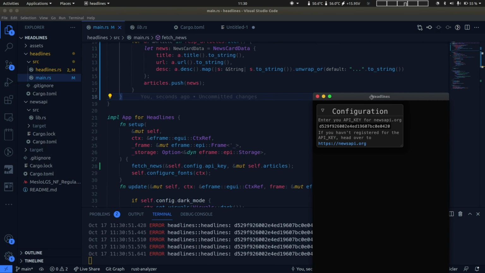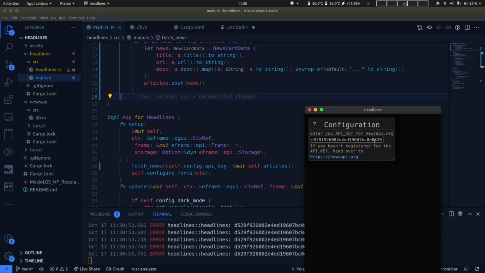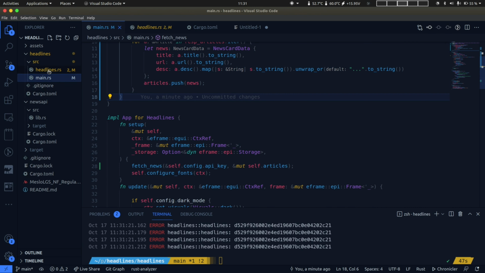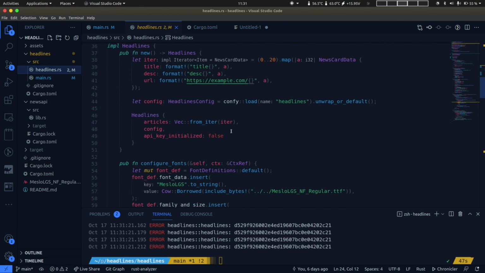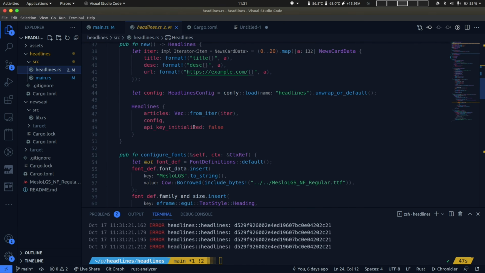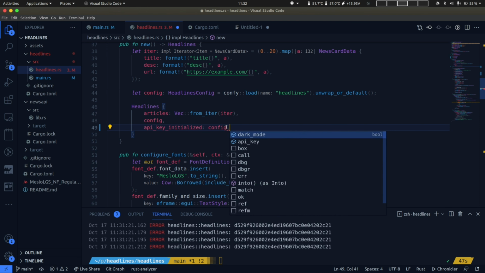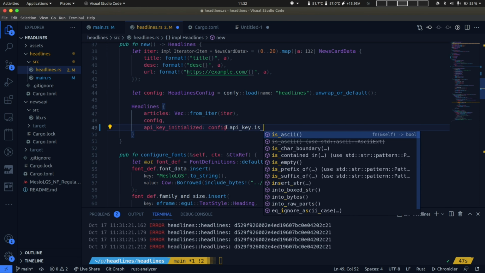And looks like even though we have already set up the API key, this window doesn't go away. Ideally, we want the config window to go away if the API key has been set. So let's fix that. I'm going to go back to headlines and the place where we instantiate the API key initialized field. This should now be changed to check if the API key has some value instead of being false all the time. So what we can do is we can do config.api key and we can check if the